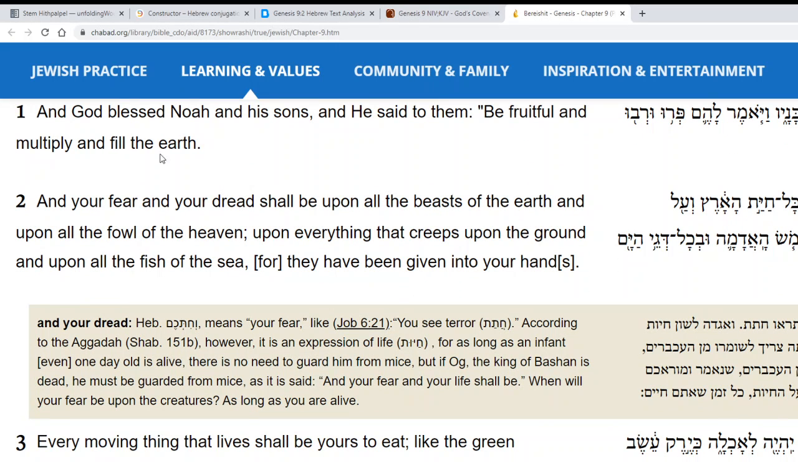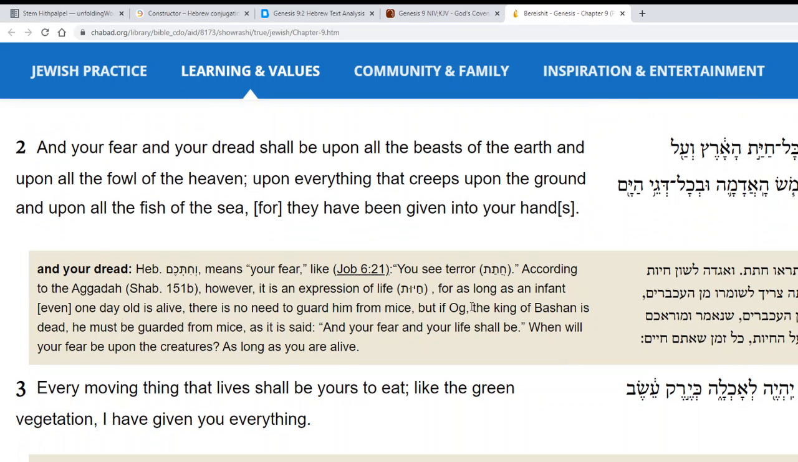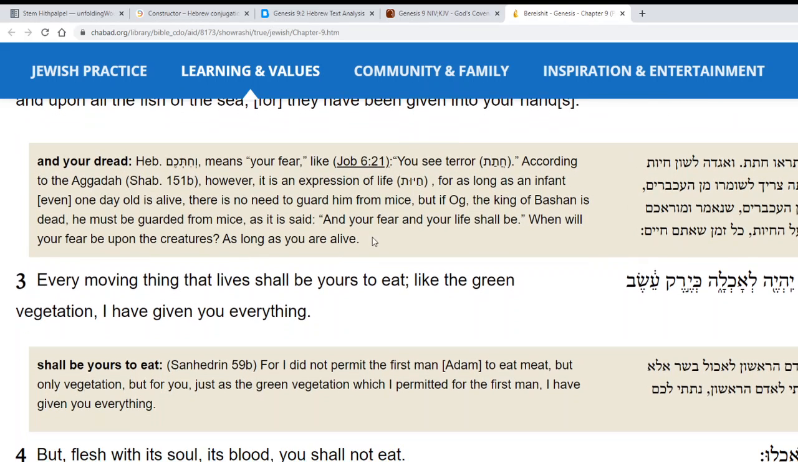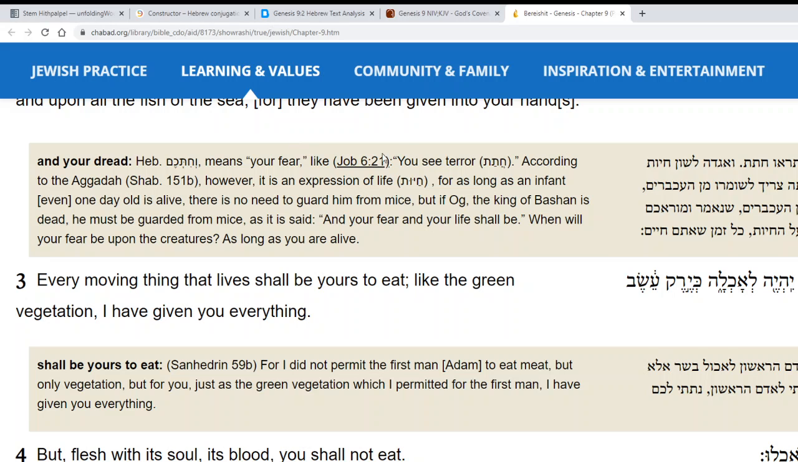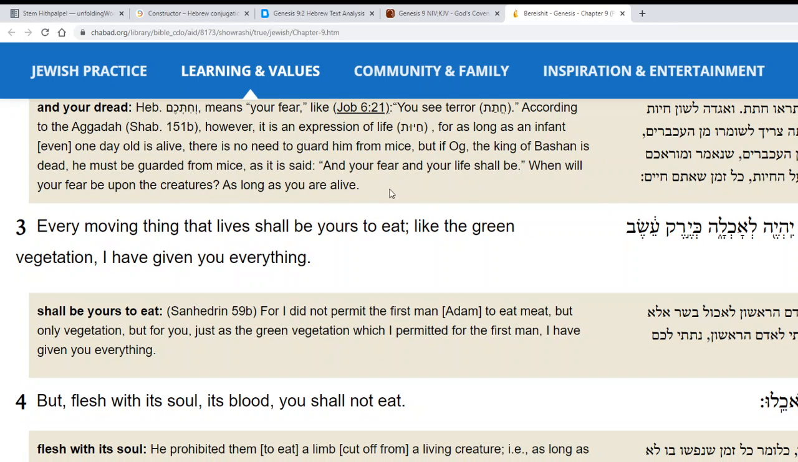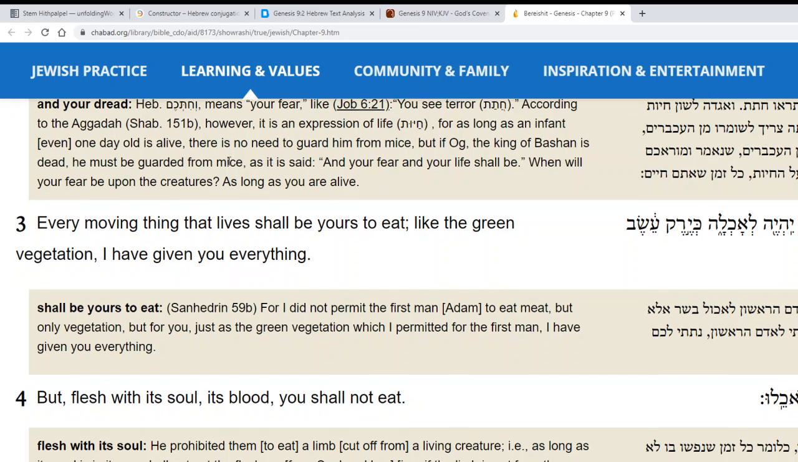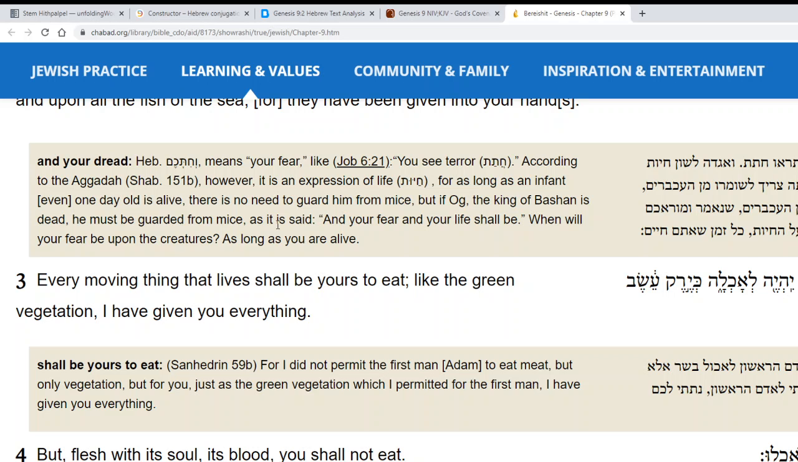Let's see what Chabad does with that. And your fear and your dread shall be upon all the beasts of the earth, and upon all the fowl of the heaven, upon everything that creeps upon the ground, and upon all the fish of the sea, for they have been given into your hands. Yeah, that's the one I prefer. Rashi here explains the word chitchem, where that comes from, and he's saying that it is related to the verb root as we find in Job 6:21, and it's also in the Aggadah from the Talmud, Shabbat 151b. Okay,